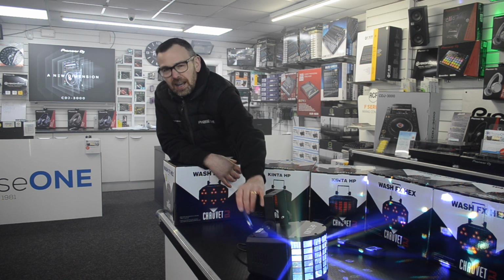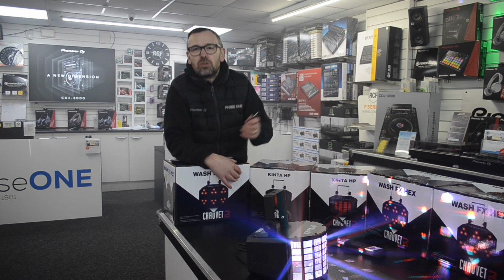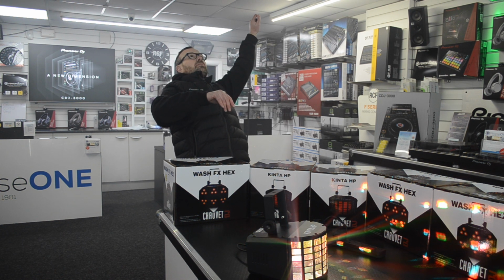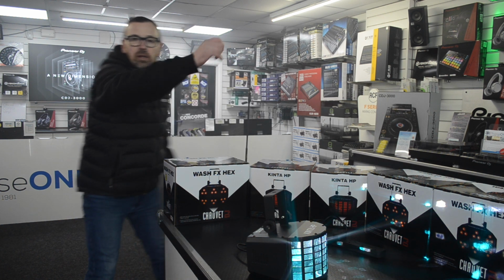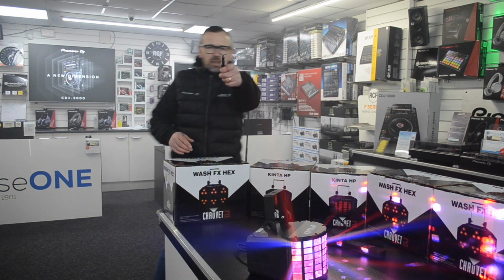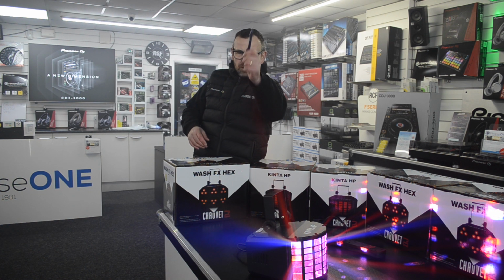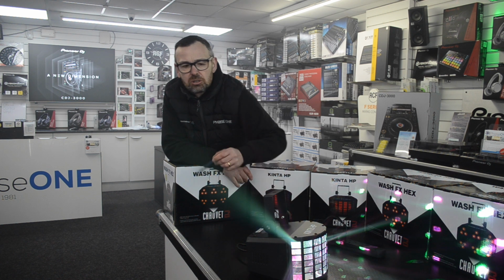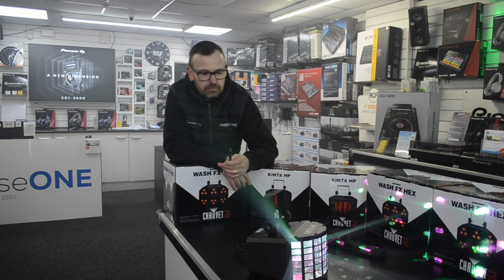I would like to see these IR sensors actually put in the back, so when I'm doing my disco and I've got my lights here, I can just press the button and point at the back. I don't want to walk around the front of my disco and point the light at the front. No. So let's think about that, people. These people that are making these lights, let's get these IR sensors on the back of the units. But then, actually,